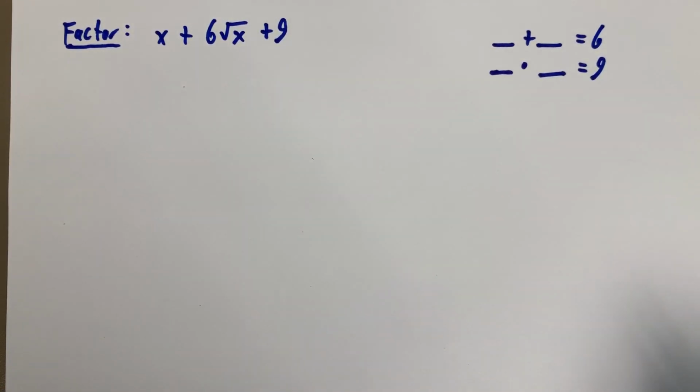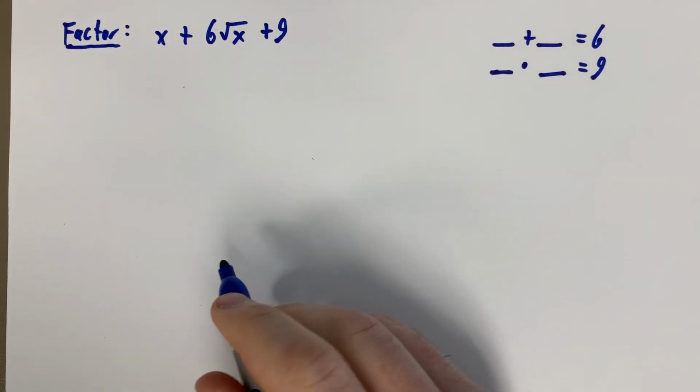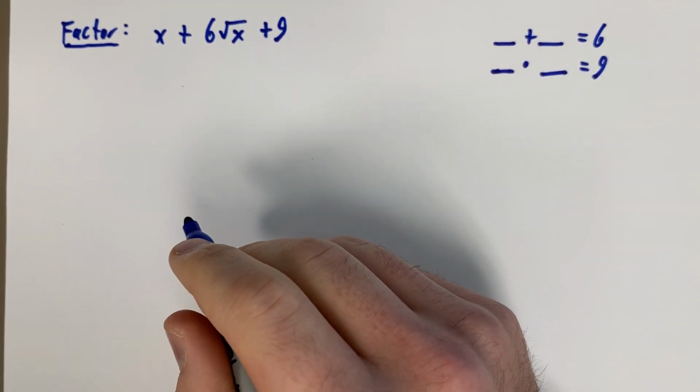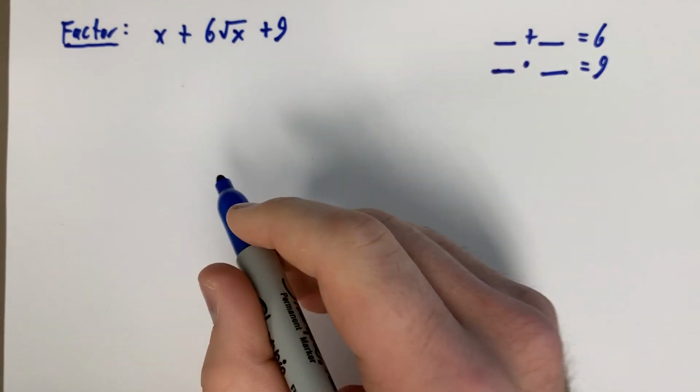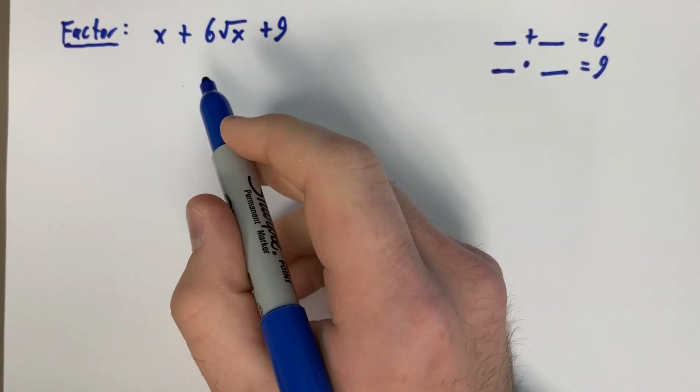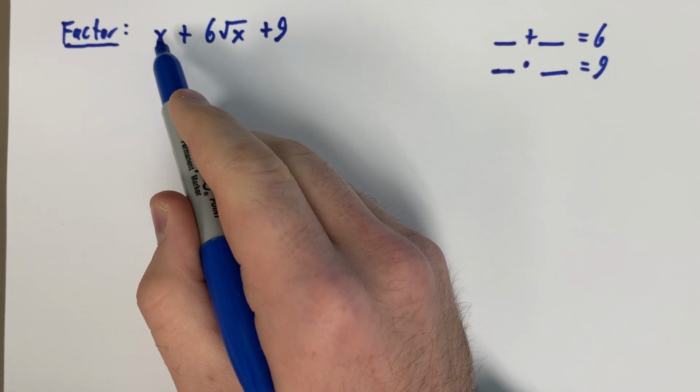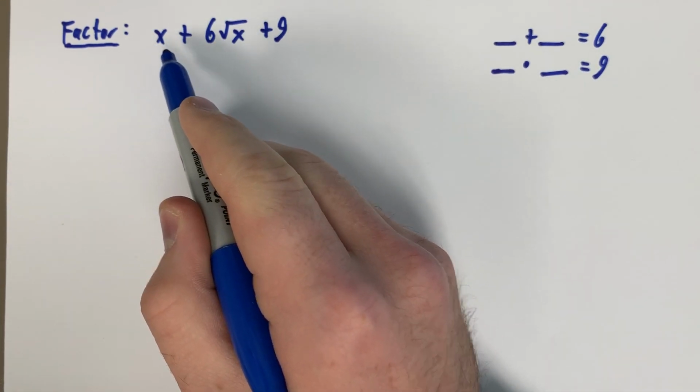Alright, so now we're on to difficulty 2 problem number 4. And this is going to use the exact same method that we've used in the previous several problems, and that would be the substitution method. So notice here that we have as the first term, we have x, and then in the second term, we